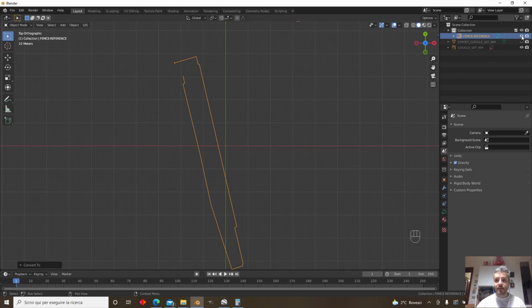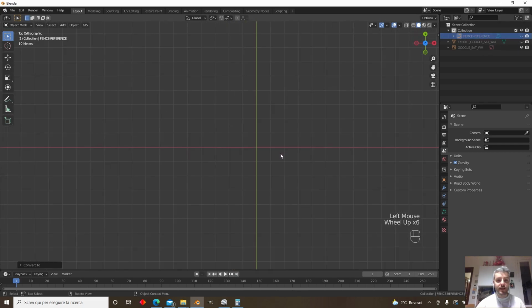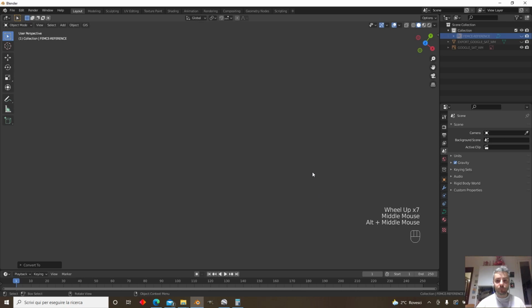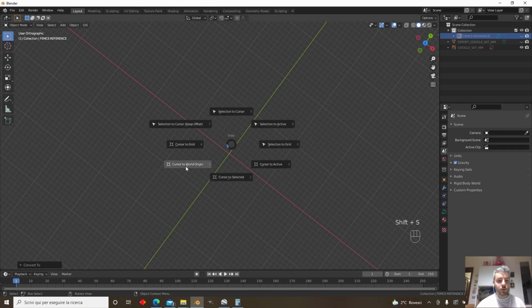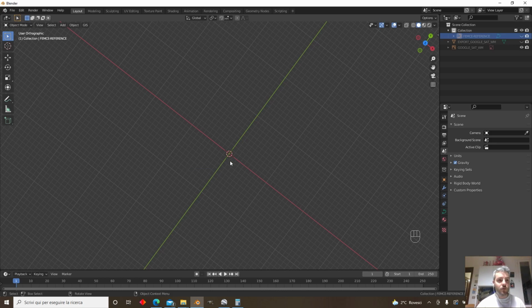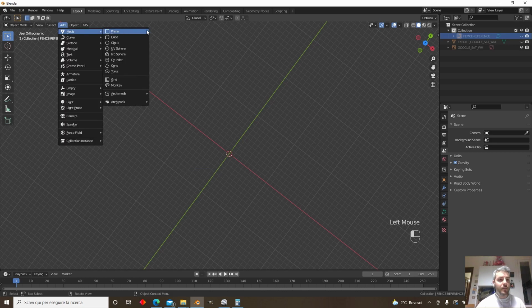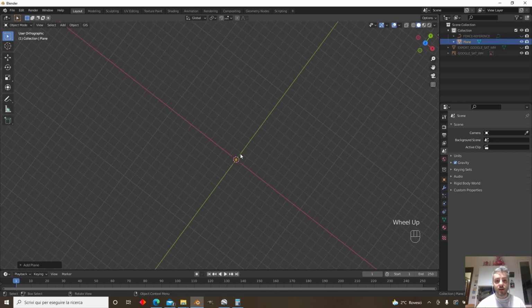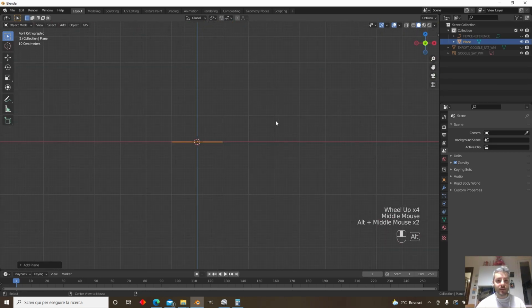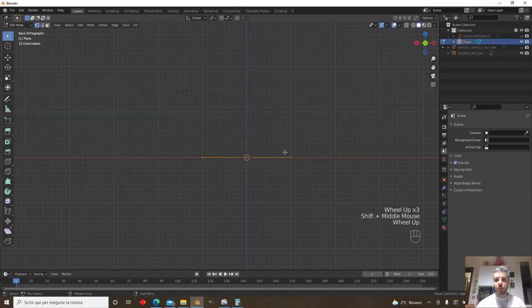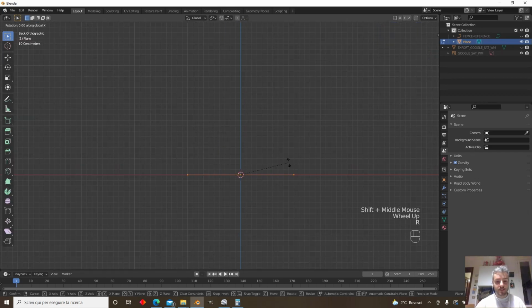So let's hide the reference because we don't need this. And let's move to the perspective, and let's move the cursor to the world origin. So Shift S, cursor to world origin, and add a mesh, a plane, because our plane is our basic net object. So this is our plane. Rotate it X 90